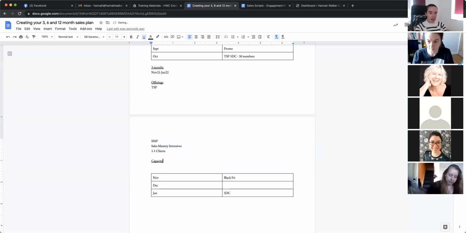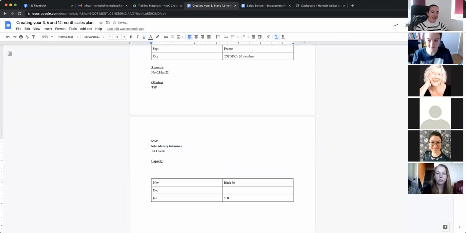Now we're going to work out Jane's favorite thing, capacity. When I talk about capacity, there are 2 main things that go into it for an offering. It is the amount of time it physically takes you to do that offering. So if it's a power hour, that is an hour to start with. But it also includes any pre or post work that you need to do. So for me, for a power hour, I usually allocate 2 hours of my time